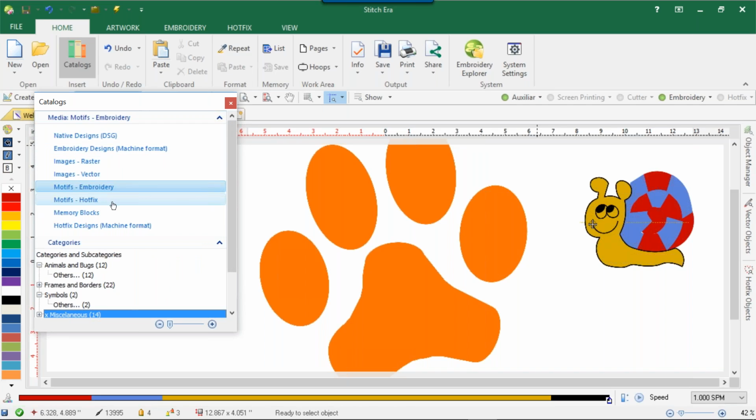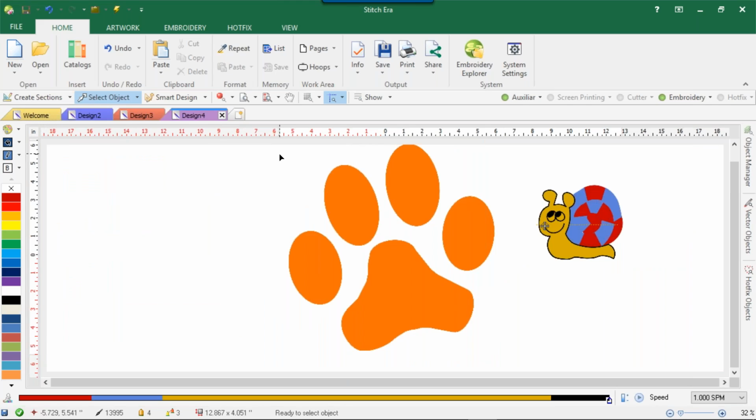Motifs Hotfix, of course, if you had memory blocks, is if you stored your design in a certain memory block, which I'll show you in a little bit, you can call it from there. And that's your catalog, okay? A couple things you can do also in catalog is my information,